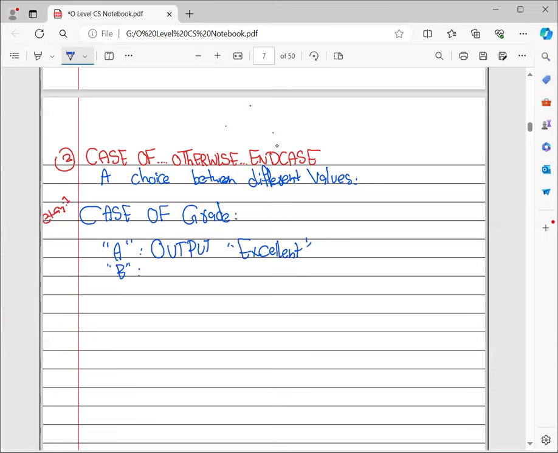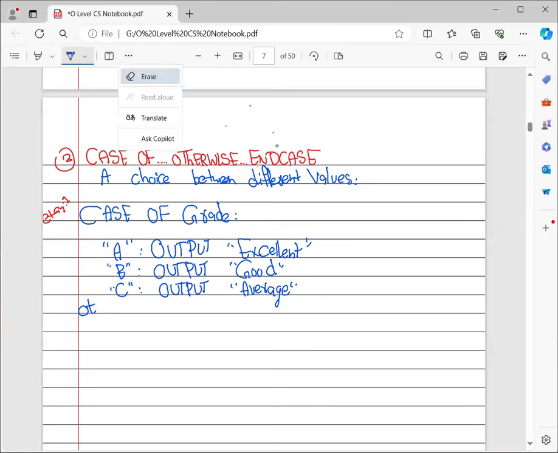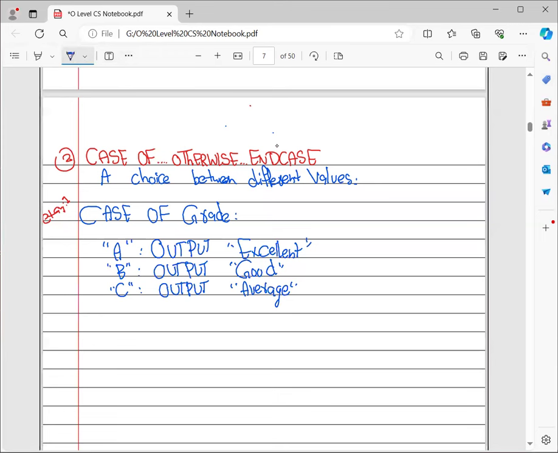Similarly, if you have the case of B, you need to output good. And similarly, if you have the case of C, you have to output average. And just in case there is none of the cases like this, you can add it like this, like if this is not the case, then